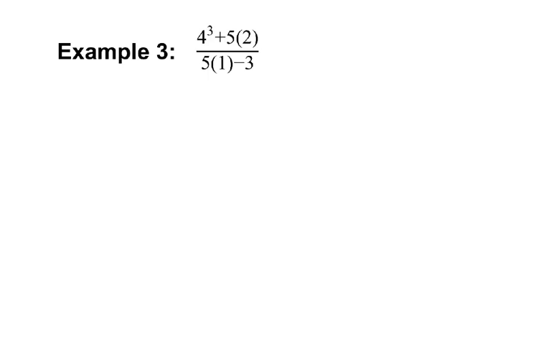Okay, example 3. So I'm not seeing any things with parentheses. That's not multiplication. So the first thing that I'm going to look at is these exponents right here, which is 4 to the 3rd power. Okay, so I'm going to do 4 to the 3rd power first. That gives me 64